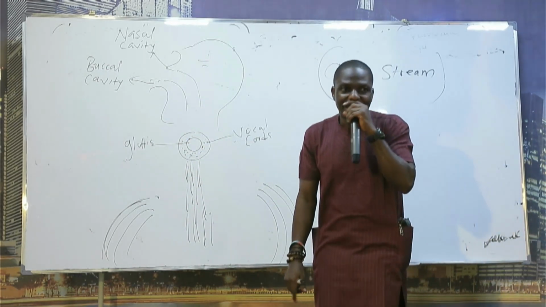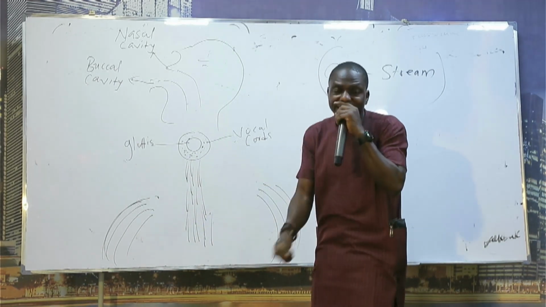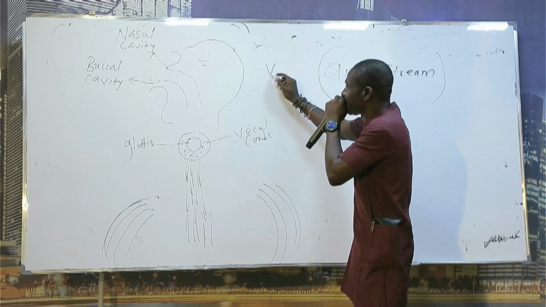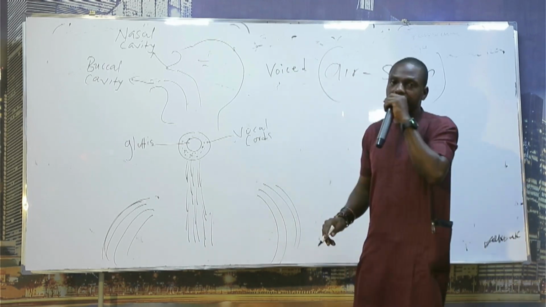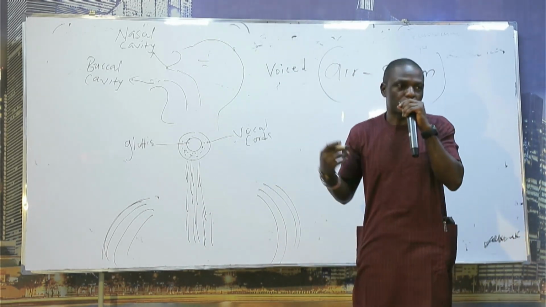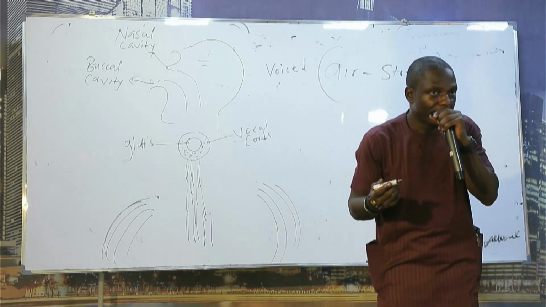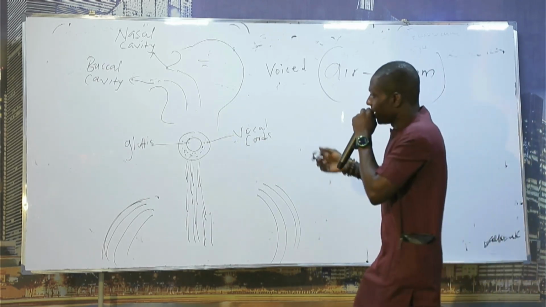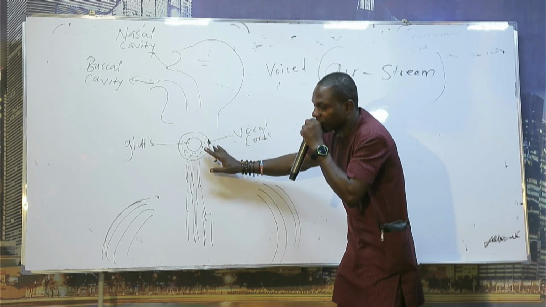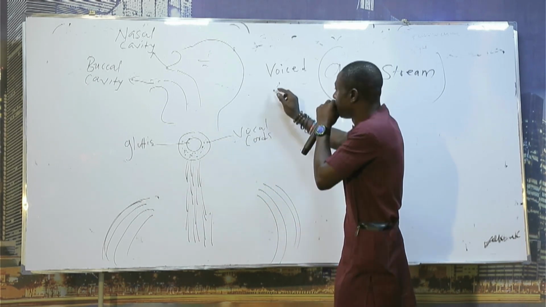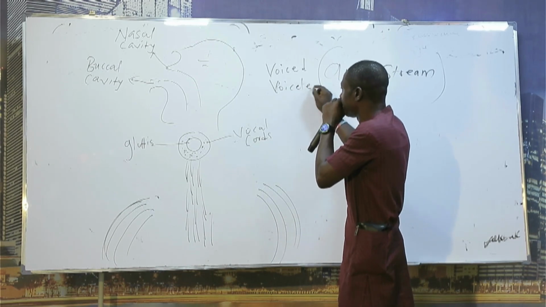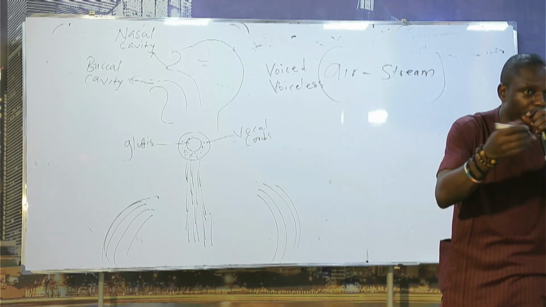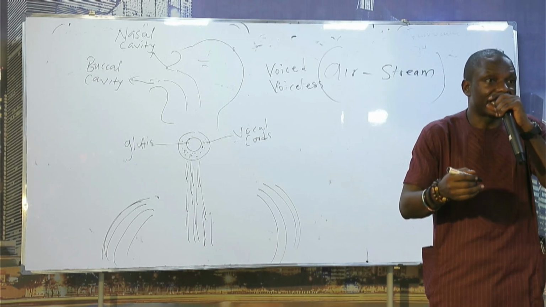And then in English, each time that a sound receives obstruction during realization, you call that sound a voiced sound. You call it voiced because it received obstruction. Even when you're pronouncing them, they are heavy. They received obstruction. That is a voiced sound. But when they do not receive obstruction, there was no obstruction at all, you produce what? A voiceless sound. Which means, according to the definition you just had, a vowel sound is supposed to be voiced or voiceless? Which one? It's supposed to be voiceless, okay?